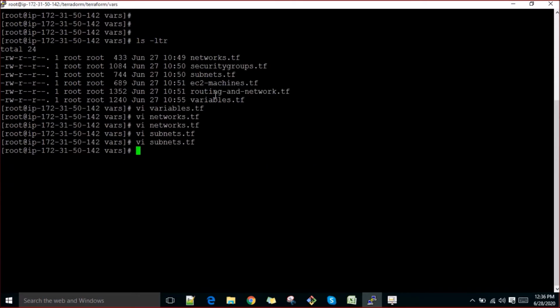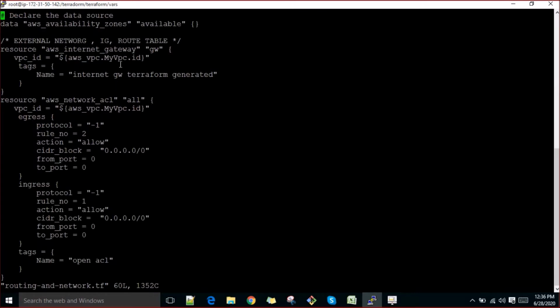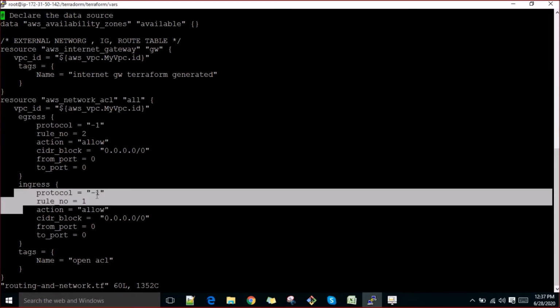So if you go to the routing and network TF, here what we are doing is declaring the route table. The first thing we are doing is creating an internet gateway here. The name is GW. We are saying create it in this VPC ID that you already know. I have explained it yesterday. The next is we are creating the network ACL, right? In the network ACL, we are just creating ingress and egress rules, and we are allowing everything at this moment. We are not denying anything,